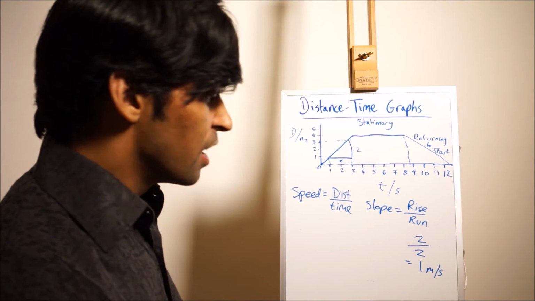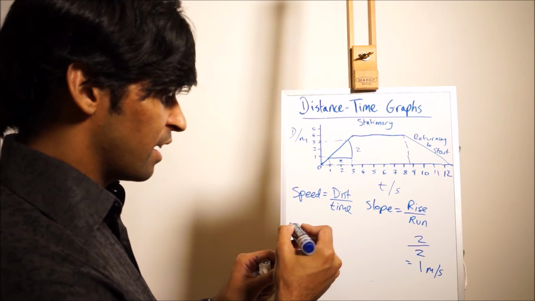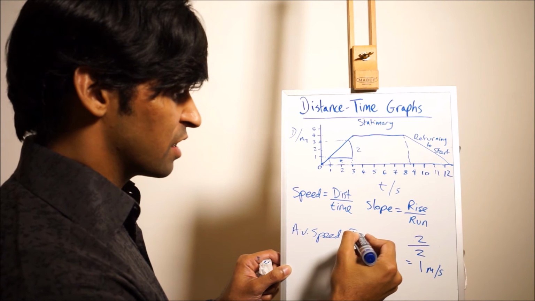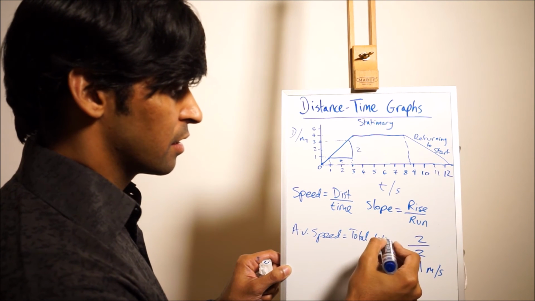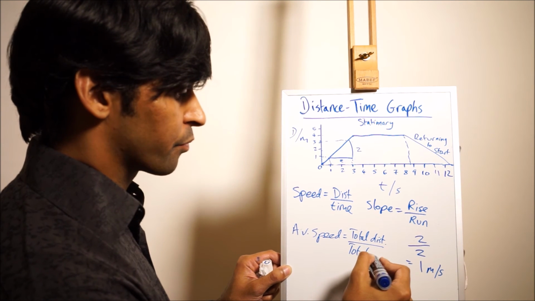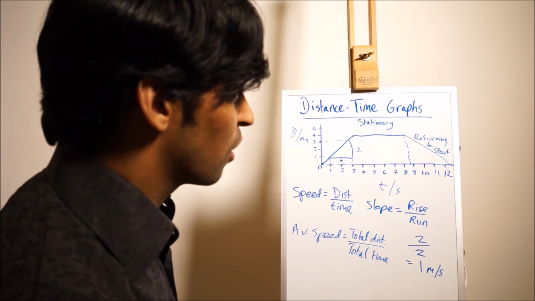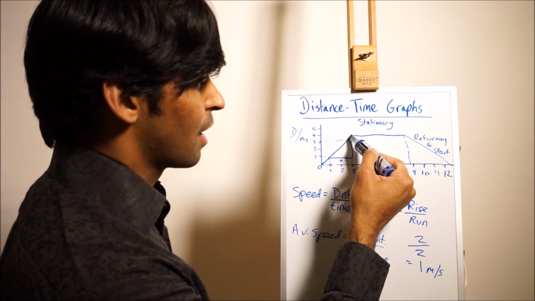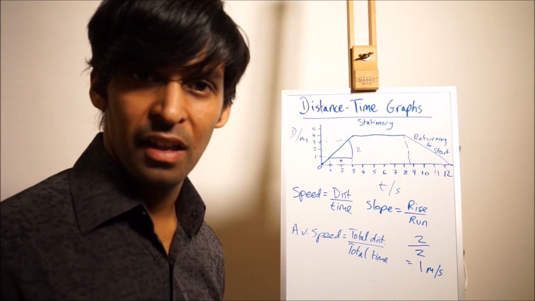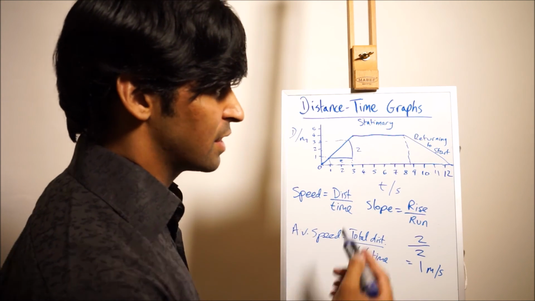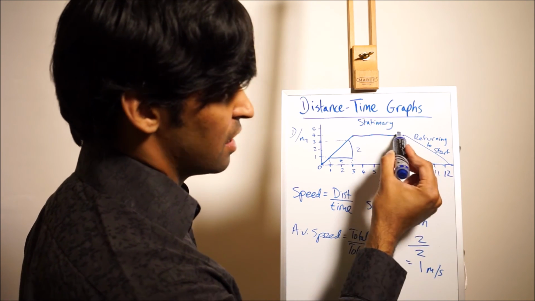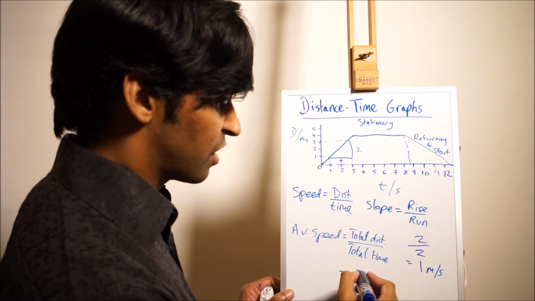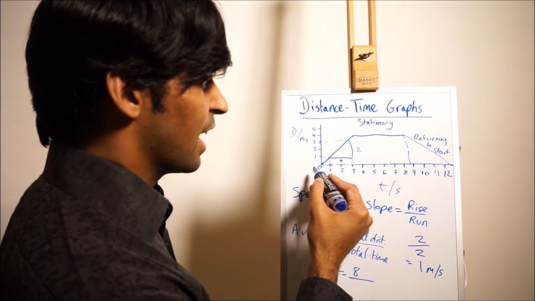Okay? To work out the average speed, what we must find out is total distance divided by total time. If you have a look at the total distance, we're going up to 4 meters up here. We've stopped, so if you're stopped, you're not moving at all, so that's 0 meters. And then you're returning back to the start, so that's another 4 meters. So it's 4 plus 0 plus 4, which is going to be 8, divided by